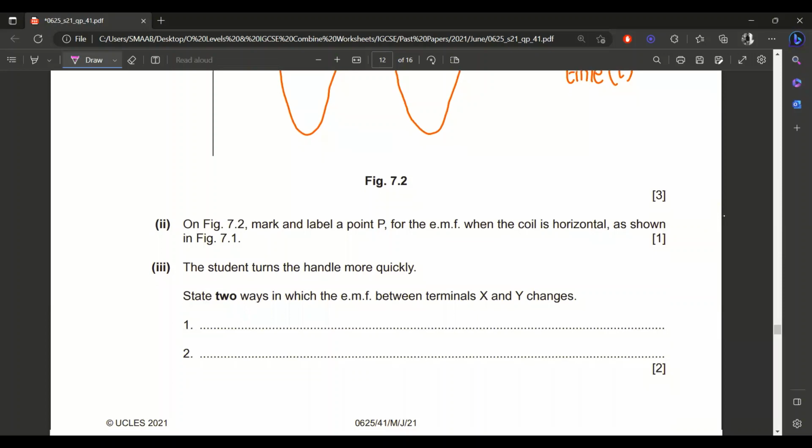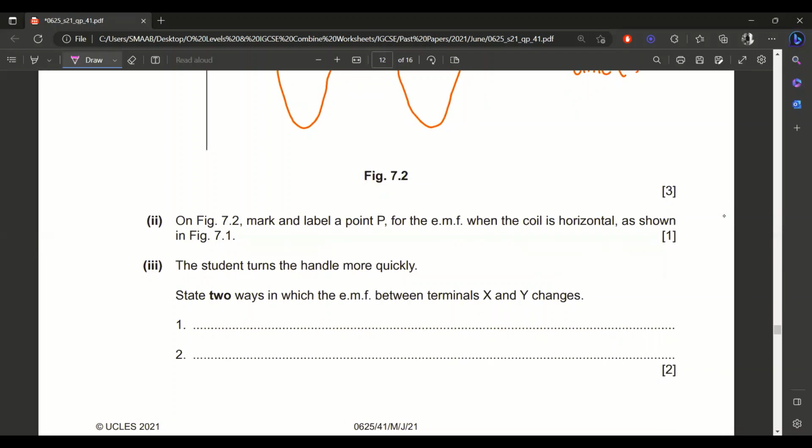Okay, moving towards the next part. The student turns the handle more quickly. State two ways in which the EMF between X and Y changes. So that is also simple. You just need to answer the factors affecting the induced EMF. So what are the two other factors? One is already mentioned, to increase the rotation of the coil. What are the other factors? The type of magnet? Yes, so we need to increase the magnetic strength of the magnet. And the second factor,